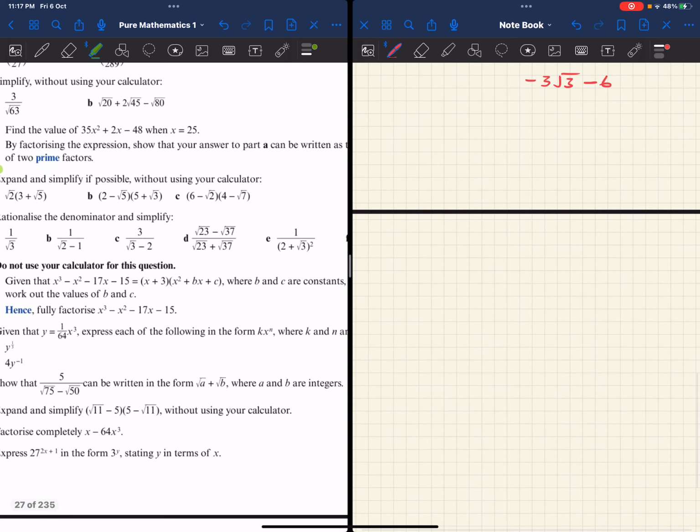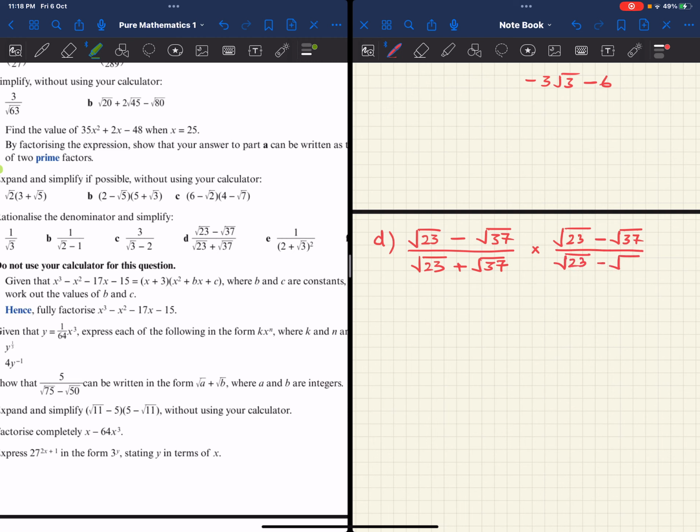Let's move on to part D. We have root of 23 minus root of 37 all divided by root of 23 plus root of 37. So once again we will multiply the fraction with the same denominator but with its opposite sign. So we multiply with root of 23 minus root of 37 top and bottom,